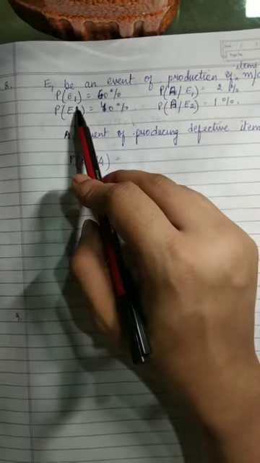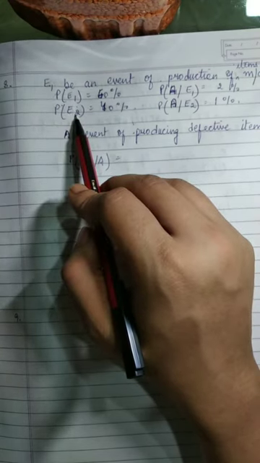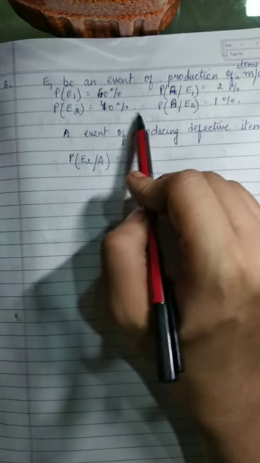Moving on to question number 8, a factory has two machines, A and B. Past record shows that machine A produced 60% of the items of output and B produced 40% of the items. Further, 2% of the items by A and 1% by B were defective. All the items were put in a stockpile and one was selected. What is the probability that it was produced by machine B, right? So E1 is the event of production of an item by machine A, so I can write P(E1) as 60%, and E2 is the event of production of an item by machine B, which is given as 40%, right?